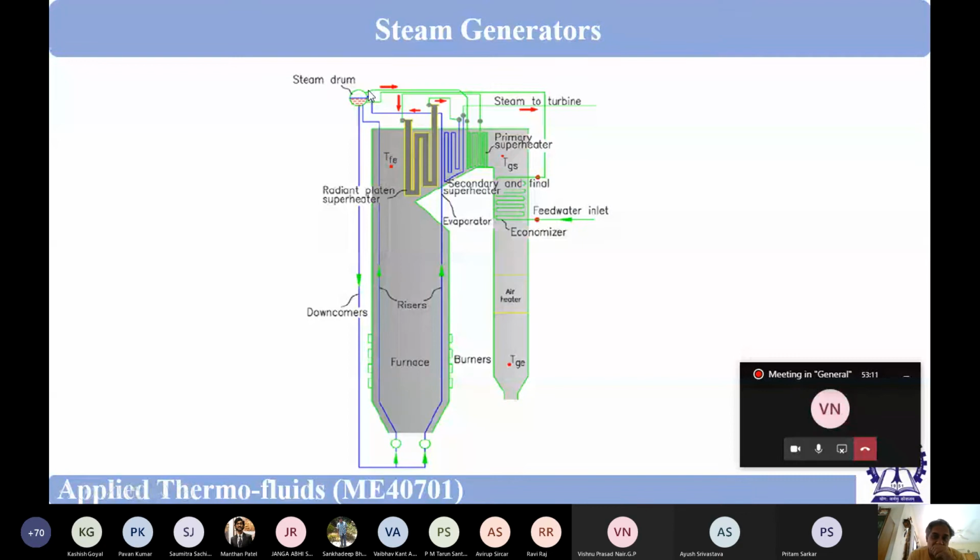So then the saturated steam is coming to one of the superheaters. This is written primary superheater. Then there is secondary superheater. Then there is platen or radiant superheater. And then it is going to the turbine. Okay. So here, of course, the reheater has not been shown. And somewhere the air preheater has been shown. So actually none of these figures which we take from any source or net are complete. So that's why we show different kinds of figures.